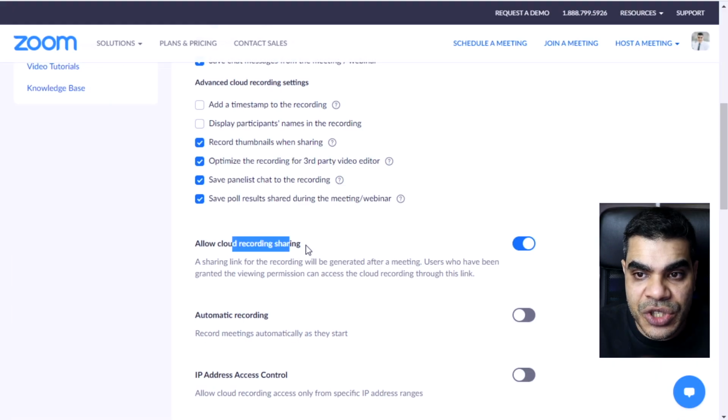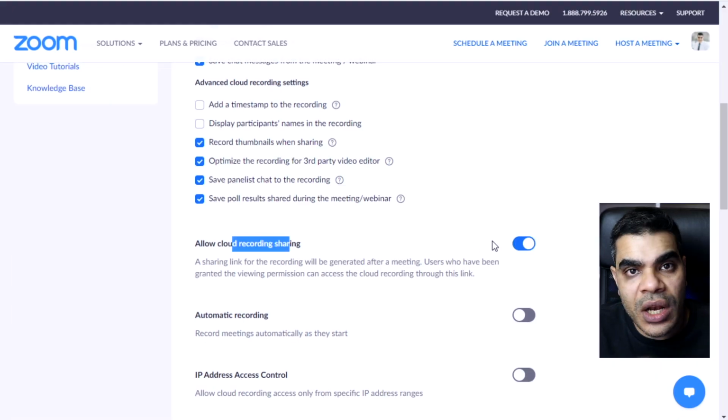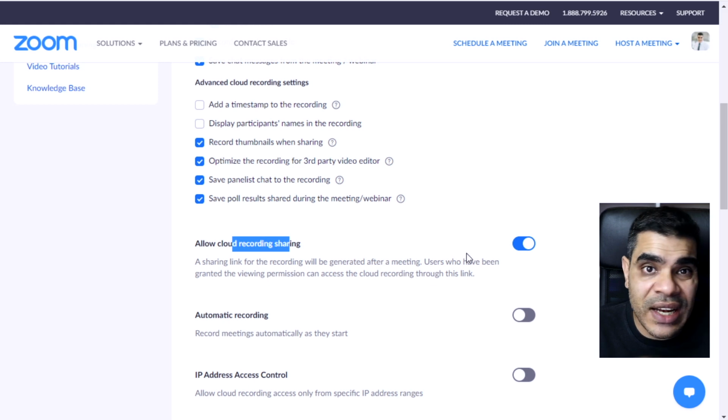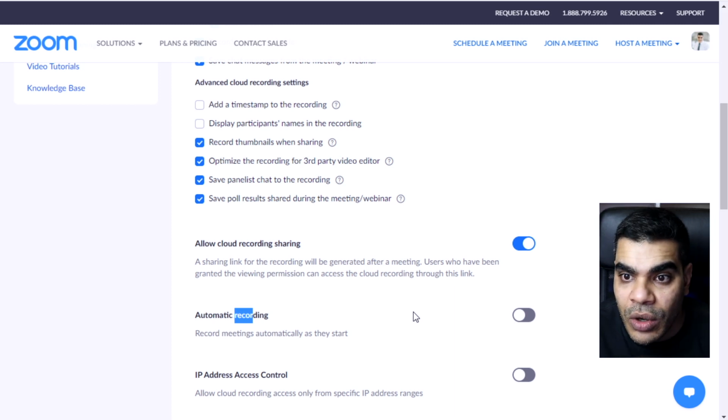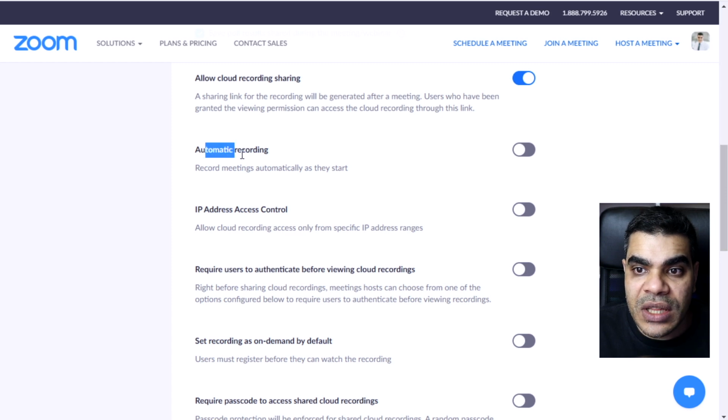If you want to share your recordings after, you can set that on, and then you have the ability to share the link maybe to your video editor or to somebody else in the team, or you want to send the recording directly out of Zoom to the people who are on the session. If you're not using something like Vimeo, you could share directly from Zoom. You can have it automatically record. So if you do want to set automatic recording to all your meetings so that you don't have to worry about hitting record, then that's fine. Personally, I wish that this was set for specific meetings. You could set that individually when you're setting a meeting.